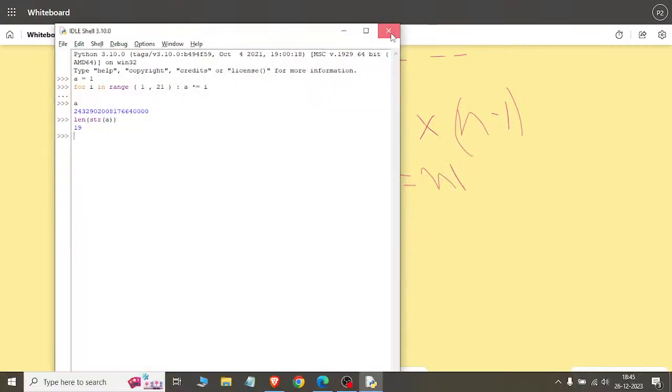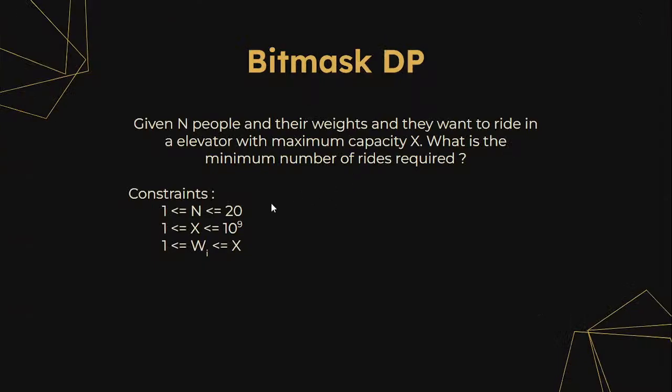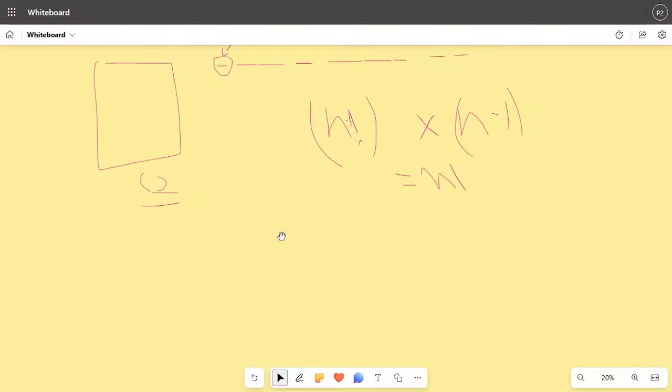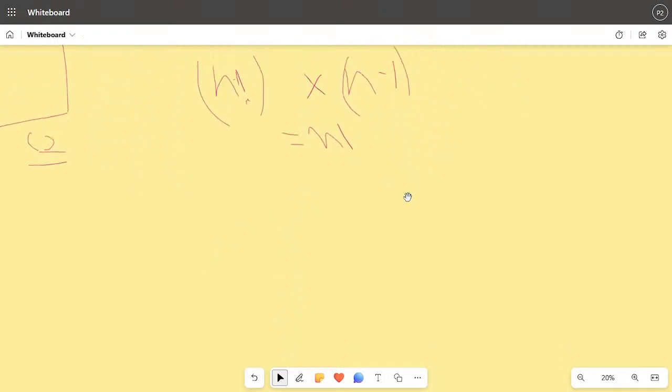One hint that we can see coming from the problem is that n is 20. So it is possible to iterate over all the subsets of the number of people we have, i.e. 2 to the power n combinations, and we know 2 to the power 20 is approximately 10^6. So that will be possible. So thinking in that direction,